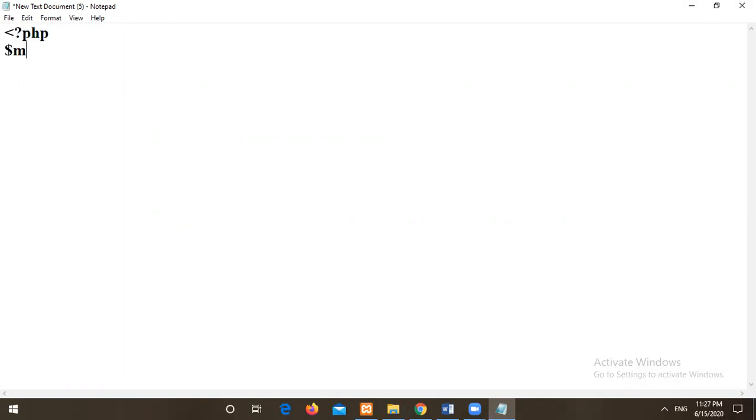Right, here we have my file. What file do you want to remove? My file is equal to csc.txt. Then here I will use a function, unlink of your file name, my file variable.